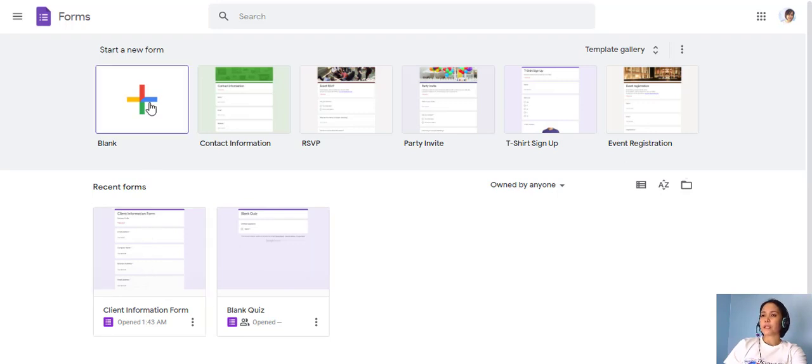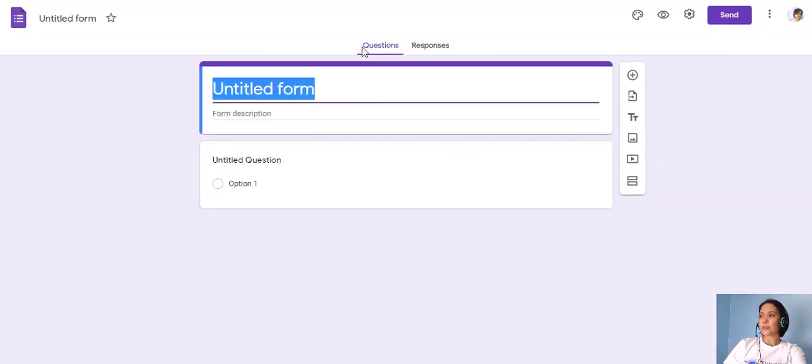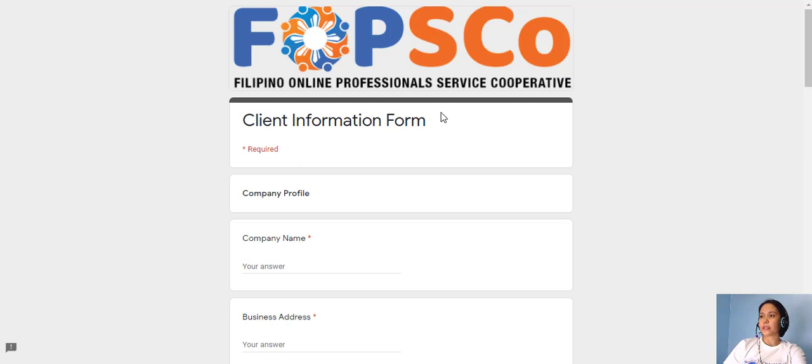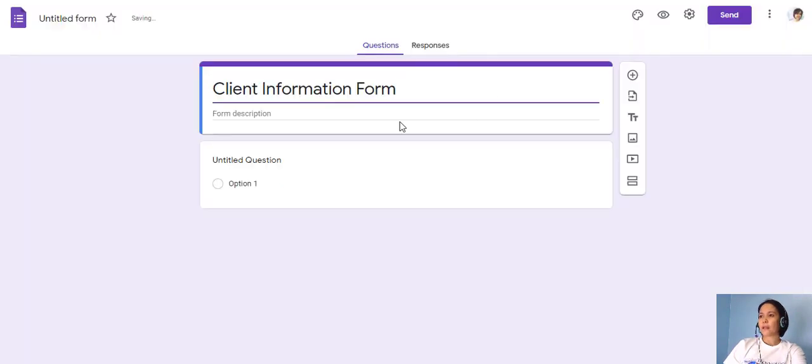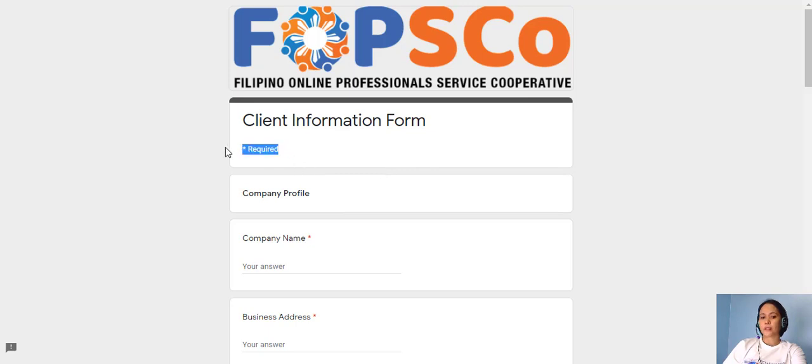But if this is your first time, you're going to create it from a blank form. So just click that and then just put the title. So for example, client information form there, and then the form description if there's any. So just put this one